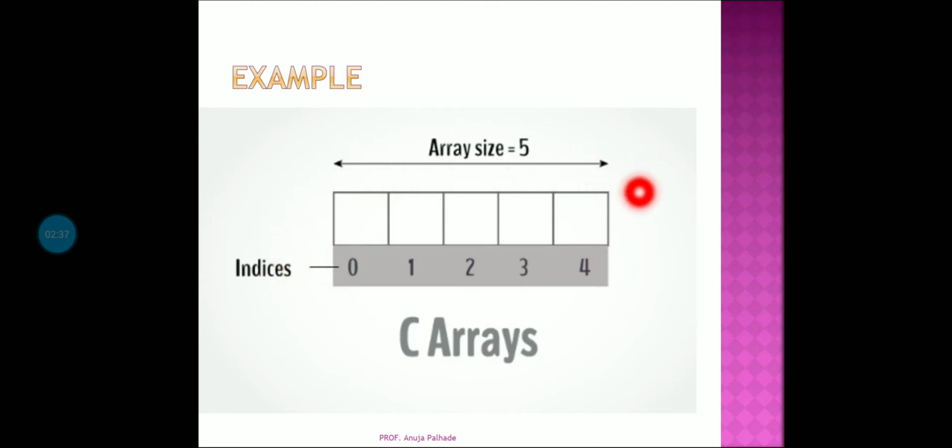So the simple architecture is this. This is linear and in a sequential manner. Sequential how? One after another: first hop, second hop, third hop, fourth hop. Likewise, this is the sequential structure. Every element you put here, at index 0, 1, 2, 3 and 4, is of the same data type. If you are storing integers, you must store all elements as integers. If you are storing characters, all the elements in the array should be characters.